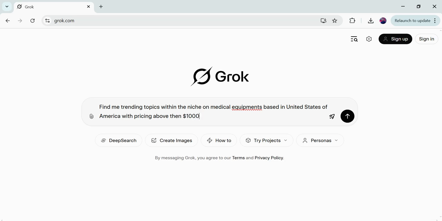Okay, so now it will find us the trending topics within the niche on medical equipments based in United States of America with pricing above 1,000.